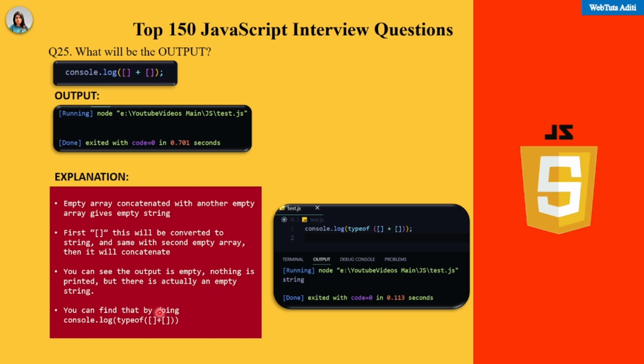You can find that by doing console log this. Okay, I think you understood why it is giving an empty string. And suppose it gave you over here, instead of an empty array, it can give you an empty object also. Okay, and suppose you do not know the answer to that, you can simply say something like, first I will convert the empty object to a string,